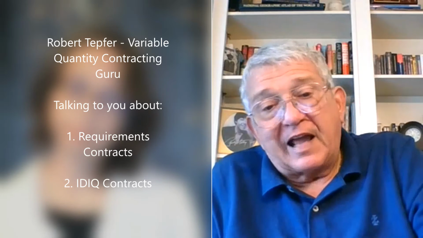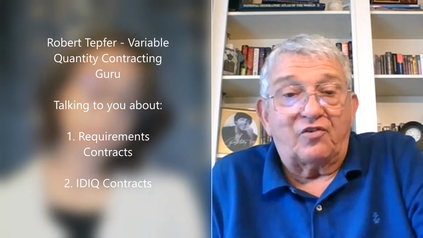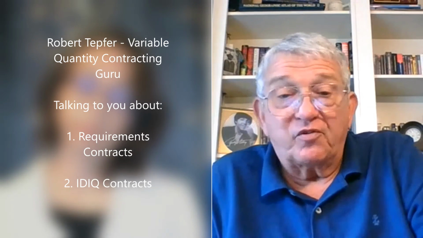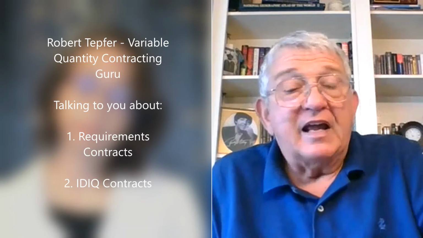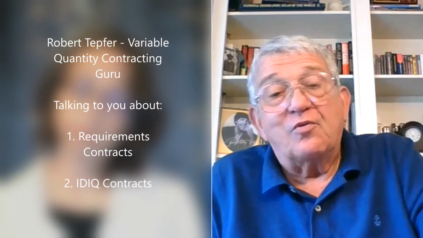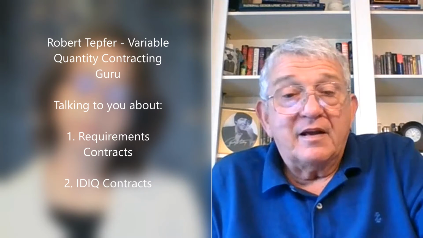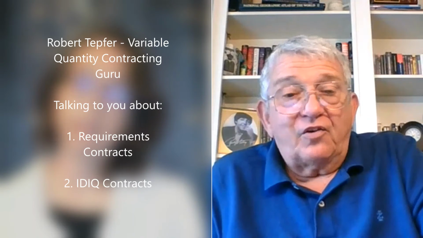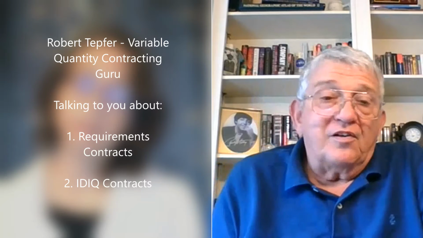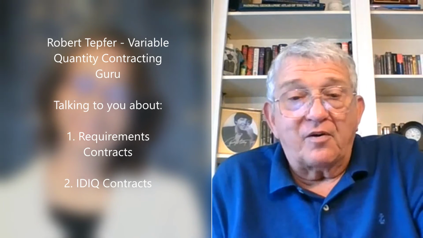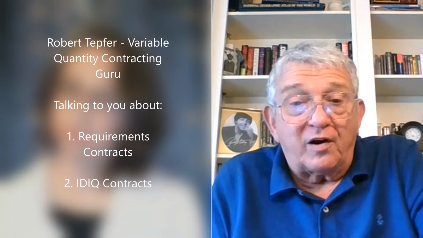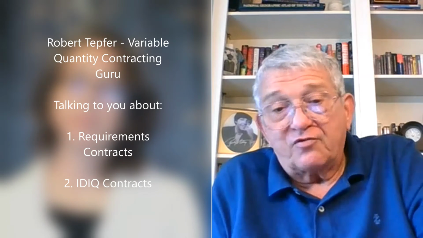It can end up in litigation where they normally assert the estimate was bad or the performance was in fact satisfactory. And that's not a good thing. And so you might end up going through the entire period of time not very happy. So what they came up with was another type of variable quantity contract, the indefinite quantity, indefinite delivery contract.